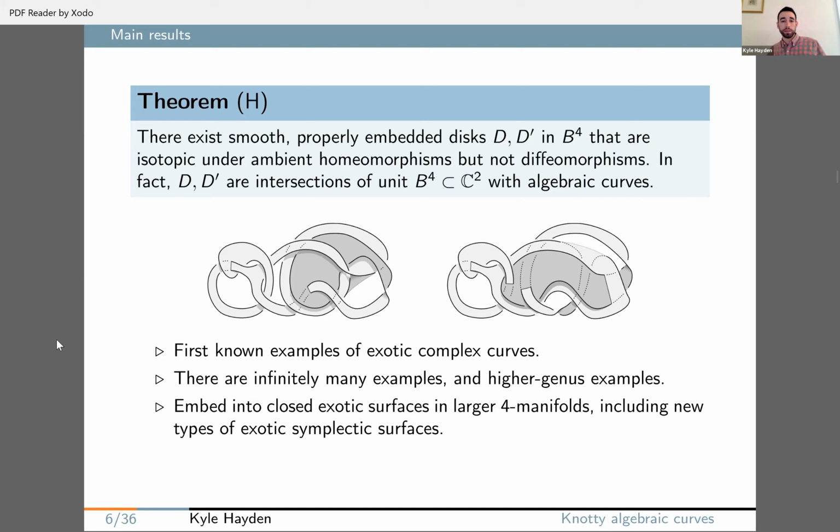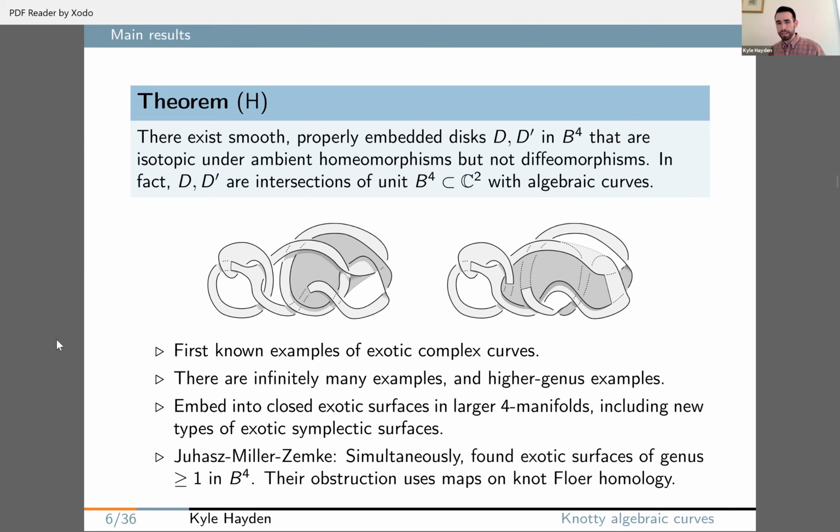Great. So you can also embed these into closed surfaces inside larger four manifolds, including closed four manifolds. And you get some new phenomena. You can cap these out to get some closed exotic symplectic surfaces, including first symplectic exotic two spheres and exotic symplectic surfaces of non-zero self-intersection. And then the final point I want to make about these, before I actually talk about the construction, is the